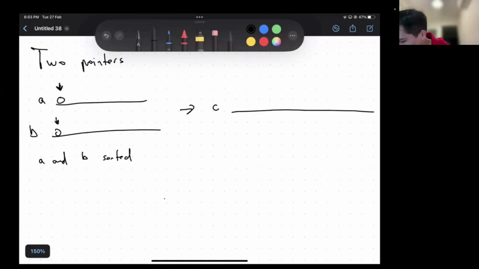In that case, we take this element and put it in the C array, and we move our pointer to the next element and continue until our pointers come to the end of both arrays. In that case, we have a sorted C array,